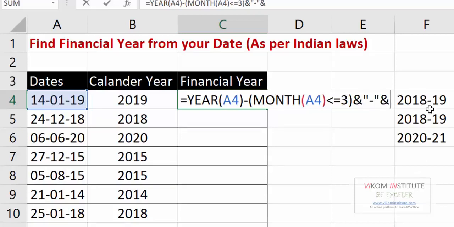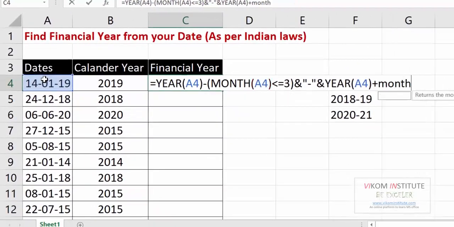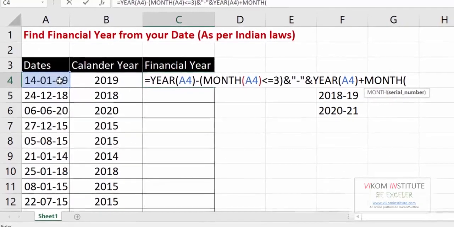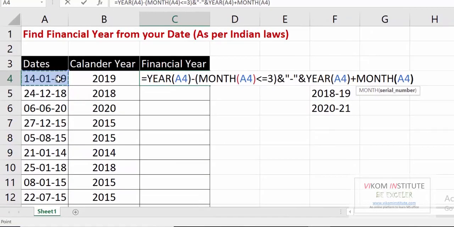I have created this one. Now I am going to extract the second year, close parentheses, plus month, this is greater than 3. If the answer is true, then this year would be calendar year plus 1.